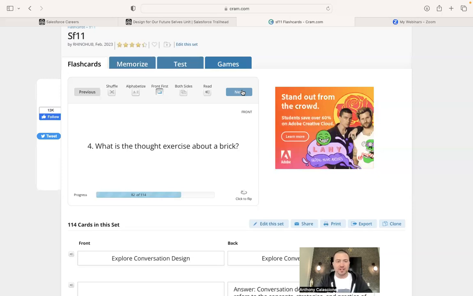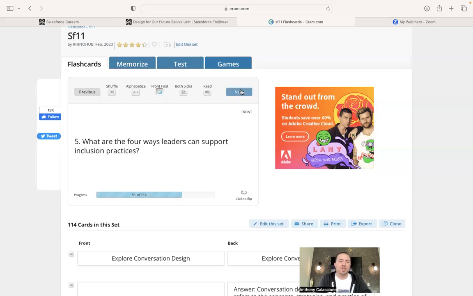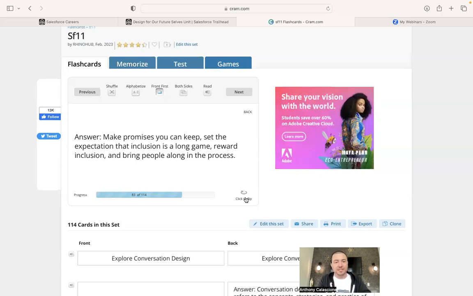What is the thought exercise about a brick? The thought exercise about a brick is to consider all the different ways of using it and imagining it could be more than what it appears to be. What are the 4 ways leaders can support inclusion practices? Make promises they can keep, set the expectation that inclusion is a long game, reward inclusion, and bring people along